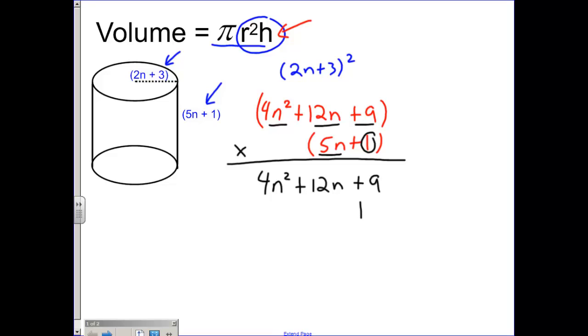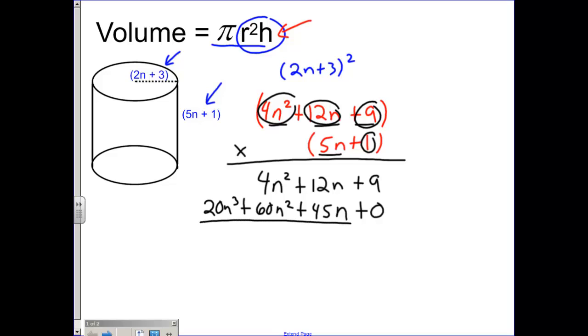But what I'm going to do first is put a plus 0 here to bump myself over, as a reminder I can't put anything underneath the 9. So 5n times the 9 becomes positive 45n. 5n times the 12n will become a positive 60n squared. And the 5n times the 4n squared will give me 20n cubed. Add those up vertically like you would do any 3-digit times a 2-digit number, and you'll get